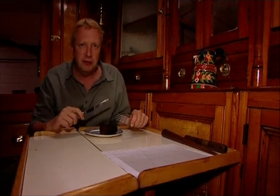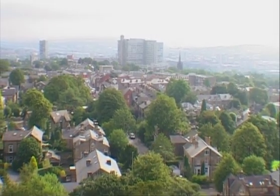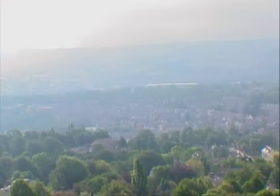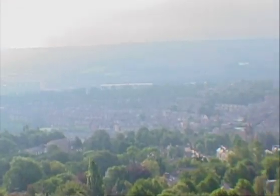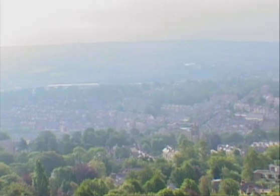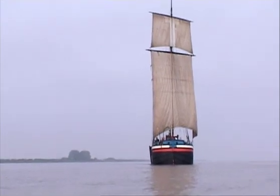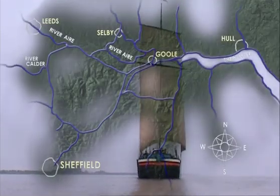Why was Sheffield king of the steel and cutlery business? The answer to that question is location, location, location. Sheffield is surrounded by hills and valleys rich in coal and iron ore. Water running off the hills could provide power, and there was a network of navigable rivers that could ship materials